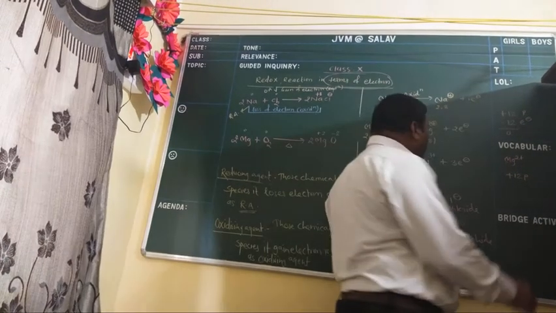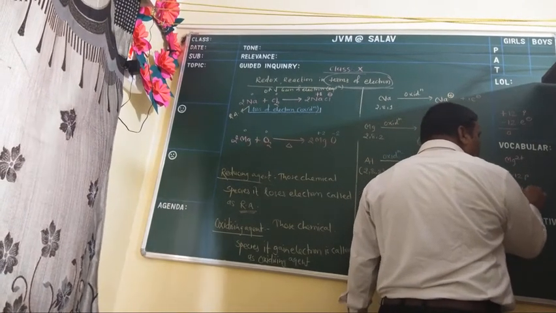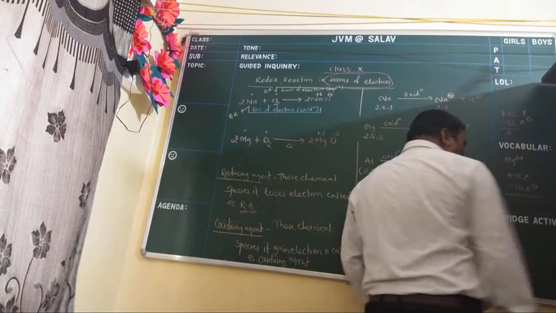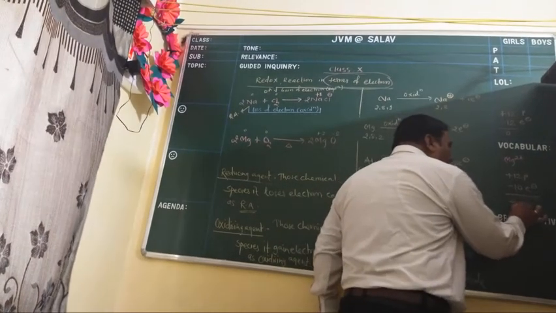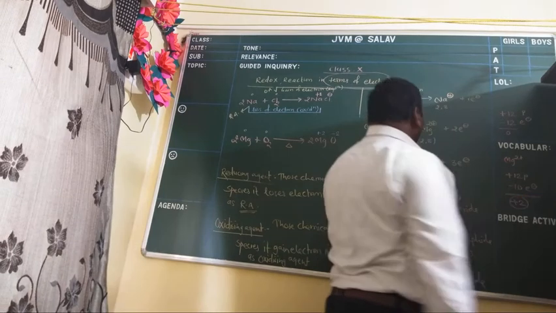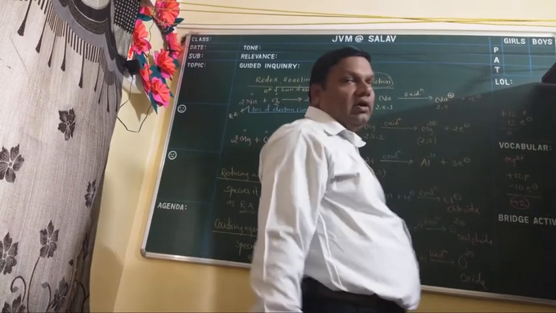But Mg2+ जो है उसमें प्रोटॉन तो उतने ही हैं, because protons are placed inside the nucleus. Only the electrons are removed. How many electrons are removed? 2. Means how many remain? 10. So plus 12 minus 10 is equal to plus 2. Therefore it carries plus 2. Same thing for aluminium, same thing for sodium.